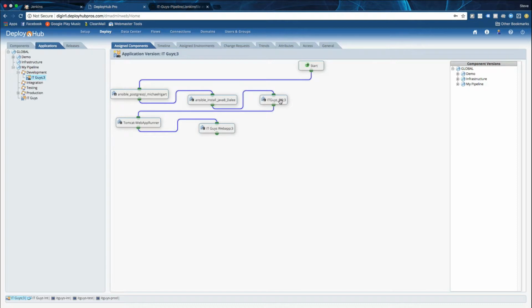From there, we'll actually make the database changes. We'll deploy Tomcat, and then once Tomcat's been deployed, we'll go ahead and deploy the WAR file into Tomcat. So that's kind of our setup here for our base application that we're going to be working with as part of the sandbox. If we look at the Jenkins side here,